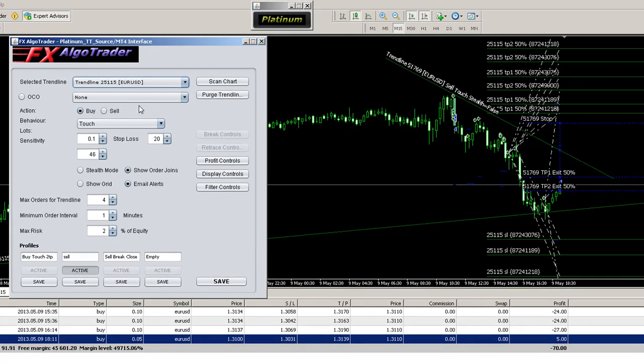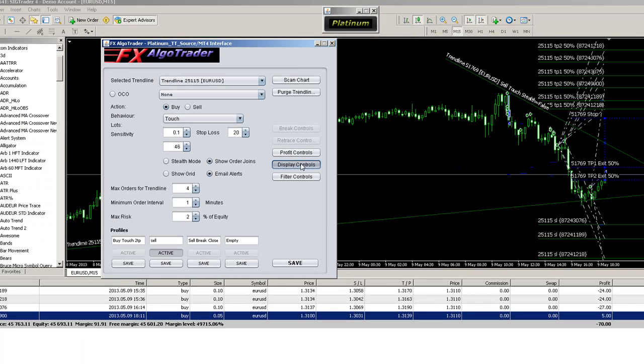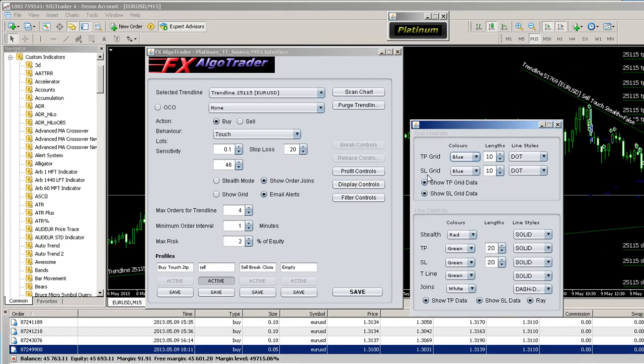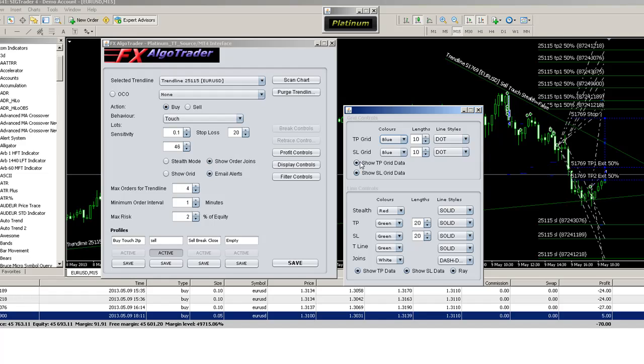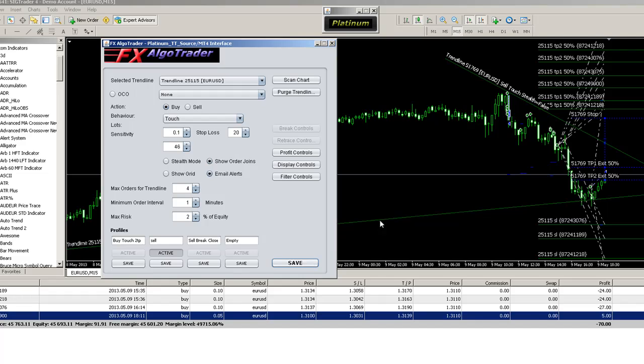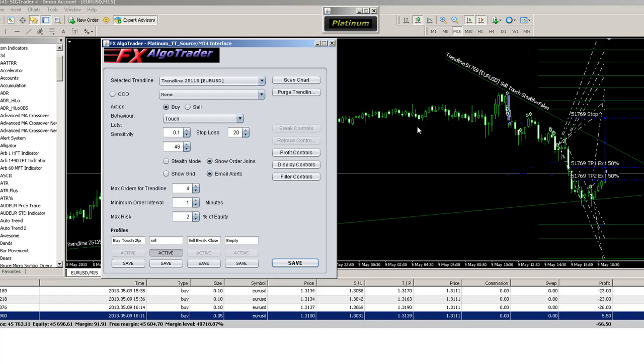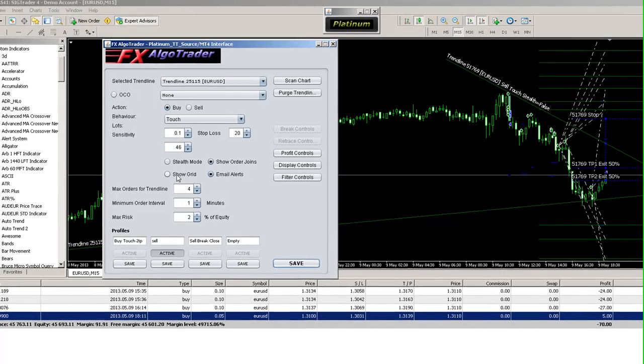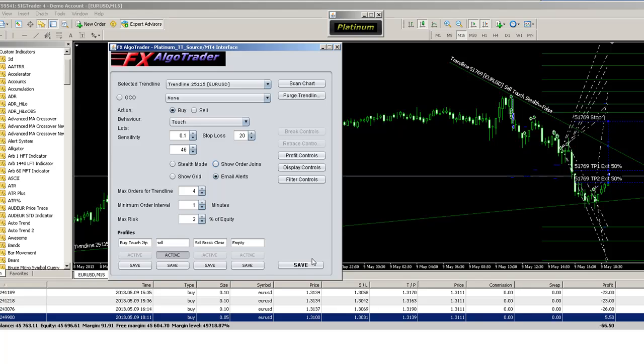What you also may think is, well, perhaps this is all getting a bit complicated in terms of what I'm seeing on the screen. So can we simplify it? Well, yeah, we can. So if we go back to the original order number, trend line 25115, go to display controls and then turn off the show SL and TP data down here, save those settings. You can now see we've got rid of all of those levels, and we can also remove the order joins as well. So we can now see what we're doing a bit more clearly with this new trend line